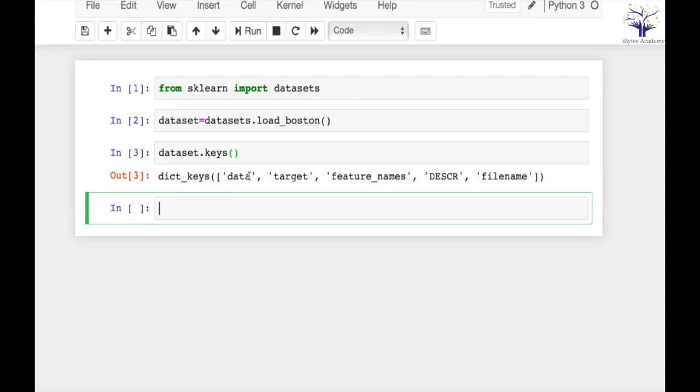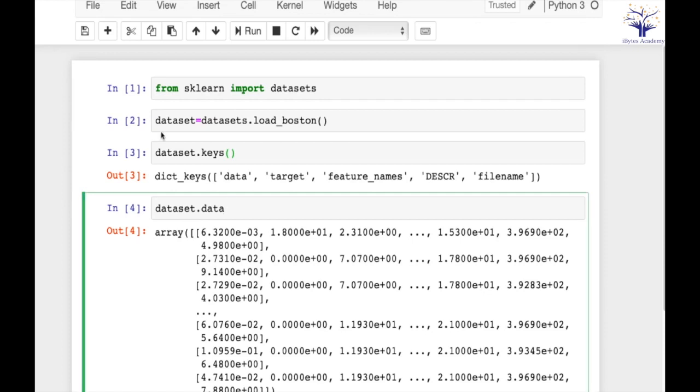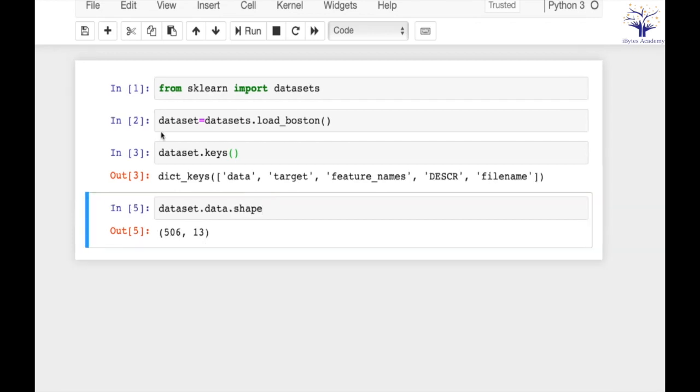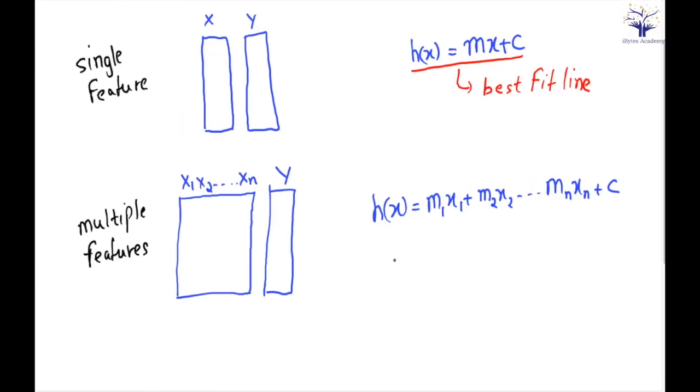Okay. So data will contain my x, right? So x will be in that data. If I see, so this is my data. If I see the shape, it is 506 into 13, right? So here n is 13, right? So this is what my data set is, from x1 till x13,